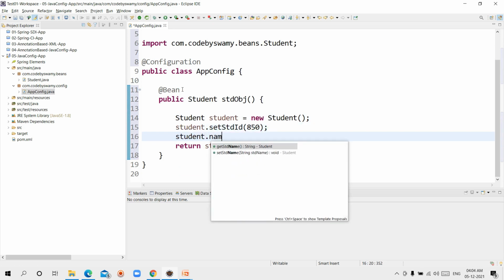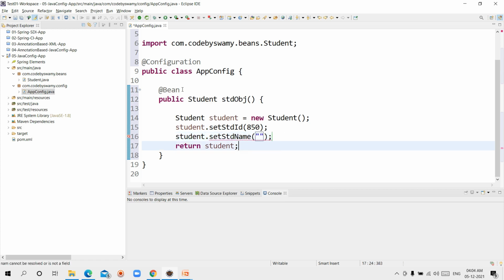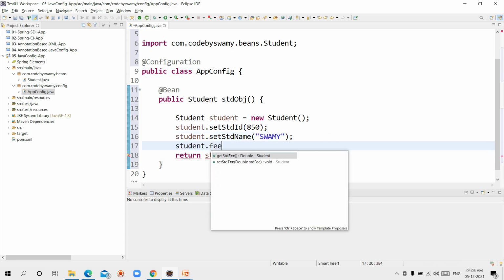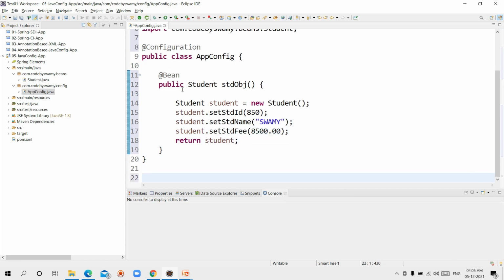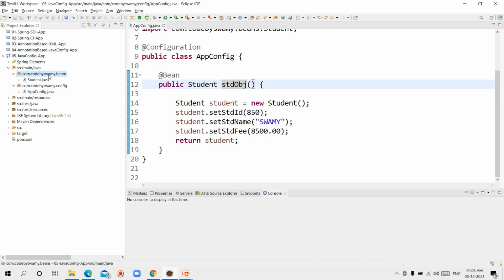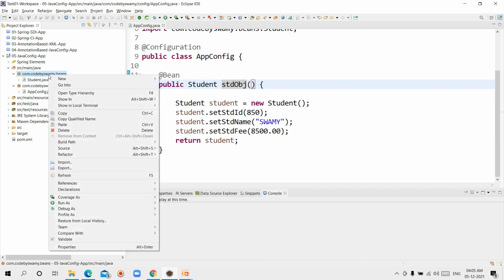Student.setStdName, I'm writing Swami. Student.setStdFee, I'm writing some 8500. Okay, now I am done with the configuration file also. This time you have to use this method name.